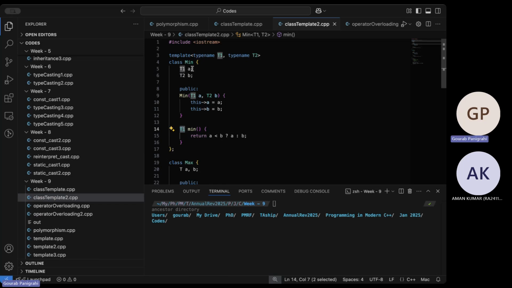T1 is the data type of A. So if it is true, then A gets returned, which is of type T1. But if it is not, then B gets returned. But B is of data type T2 and you're returning it as T1. So again, one has to be careful of these things while trying to code. You can mix and match, no doubt, but each line you have to be careful what it actually means.